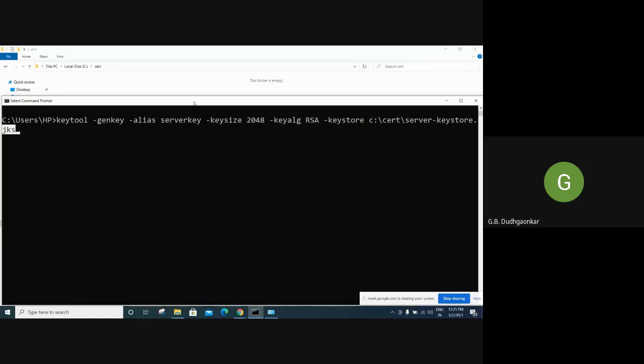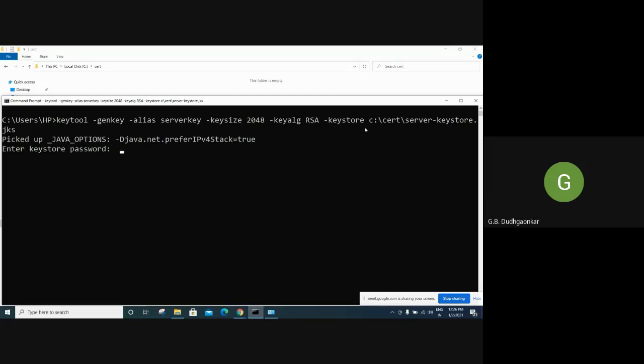Then all the information we have to fill carefully. So I will show you what type of information it will ask. See here, when I press enter. First option, it will ask you to enter the keystore password.